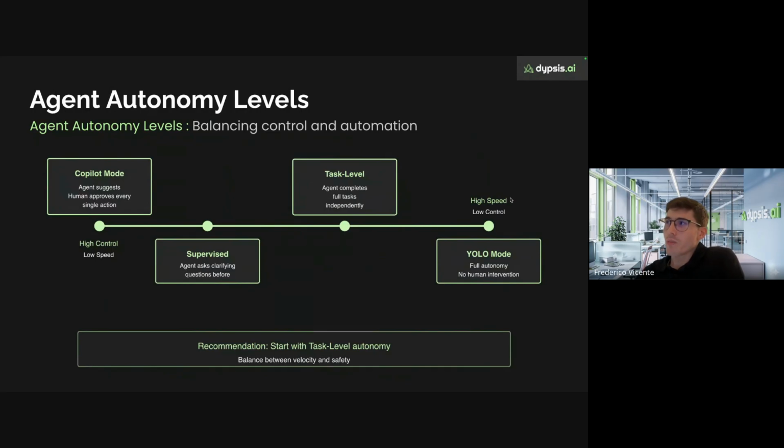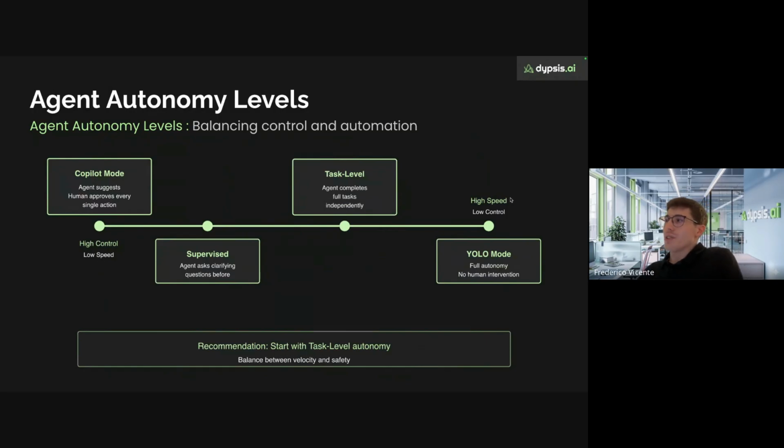Then you have a higher autonomy level, which is the task level, where you have already planned what tasks the agent should do, and you let it start applying those changes on the fly, and you only review, for instance, each task.